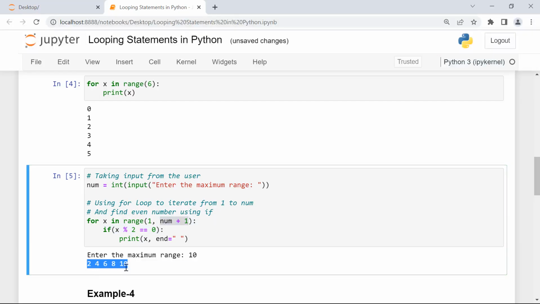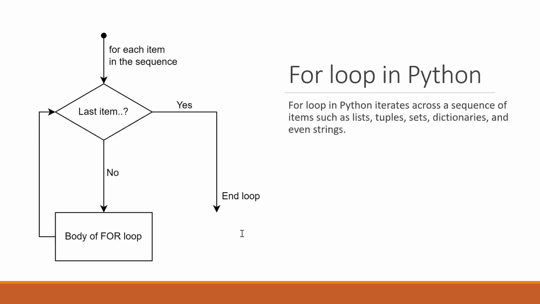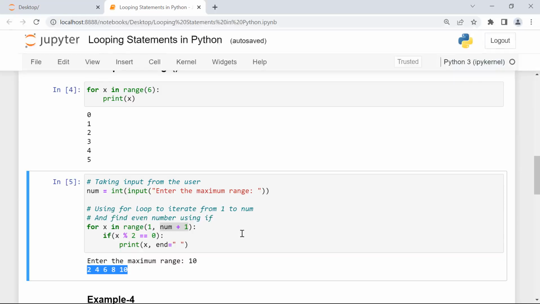So 2, 4, 6, 8, 10 is the output. Now if you guys remember, we have discussed in our previous sessions how we can use the else block with the if statement. Now we can also use else block with the for loop, and that else block will be executed whenever the for loop ends. So let me show you an example